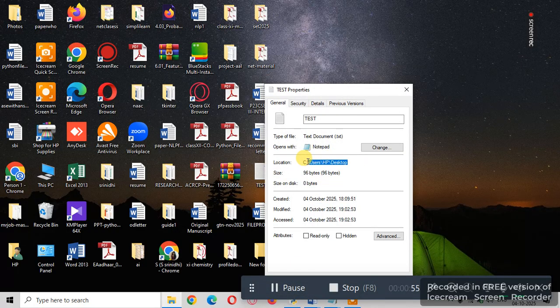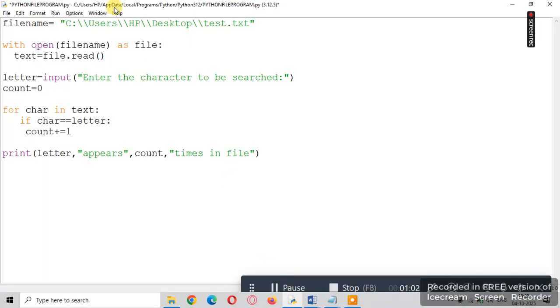Here I am choosing the location of the file. I am copying this location, and inside the Python IDLE environment I am pasting this file name. In order to make Python easier to convert it into a raw string, I am giving / inside the path